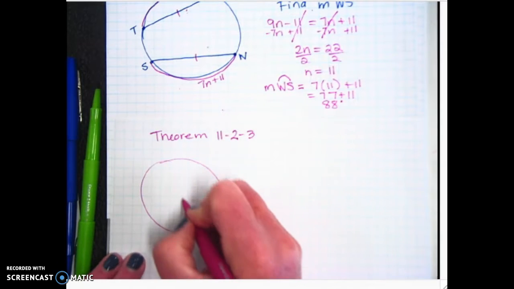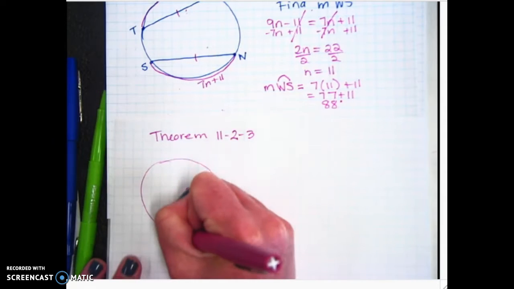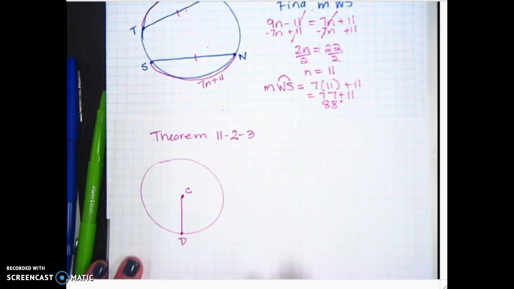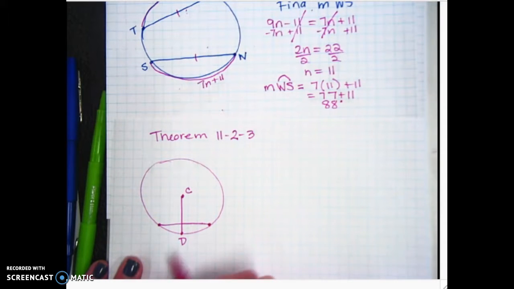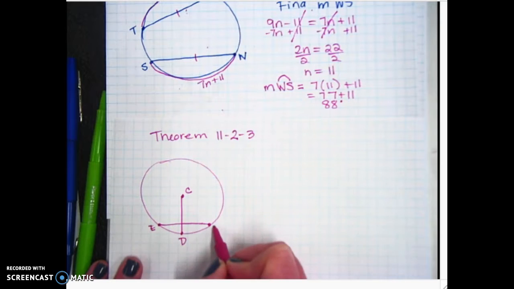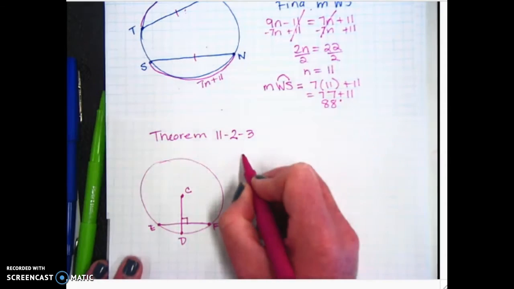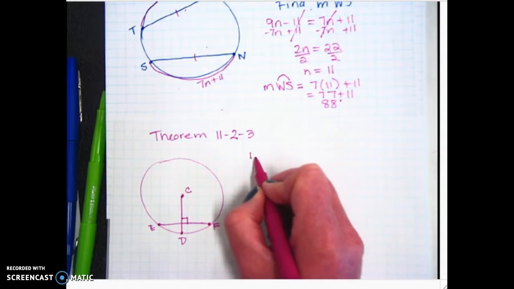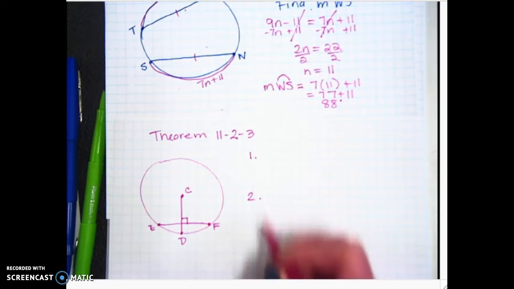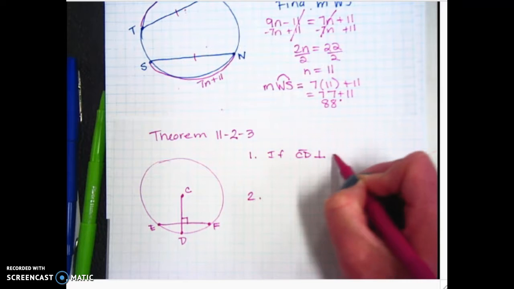Start by drawing your circle. We'll call this circle C, and just go straight down to draw your radius. So there's radius CD. Now, as nicely as you can, draw a chord going across and label it EF. This is going to be perpendicular, so we're going to put that little box there. And since this is really 2 theorems, but they're just converses of each other, we're going to call them 1 and 2. The first one says, if CD is perpendicular to EF,